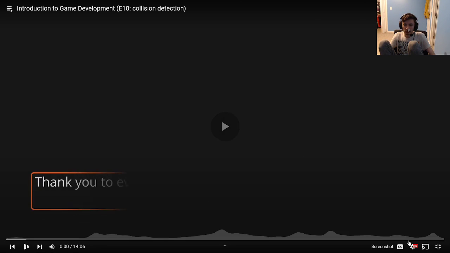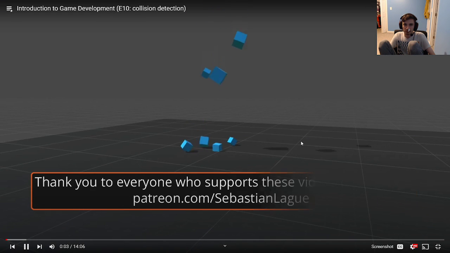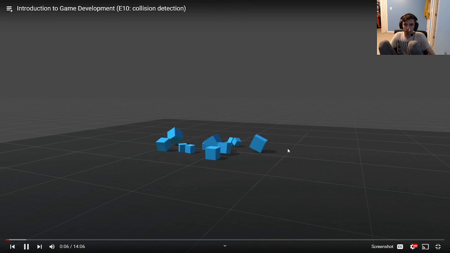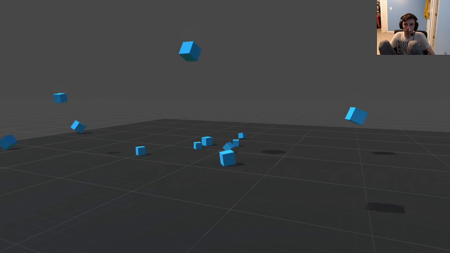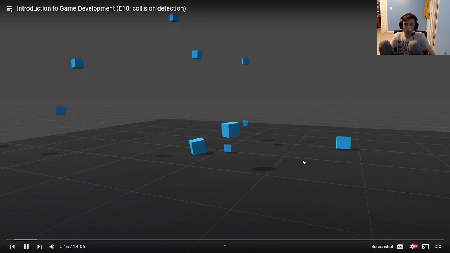Hi everyone, in this episode we're going to be looking at rigid bodies. So rigid bodies are objects that are controlled by the physics engine, meaning that we can apply forces to them and they'll react accordingly, colliding with other objects in the scene. If we want to move an object but don't care about collision,